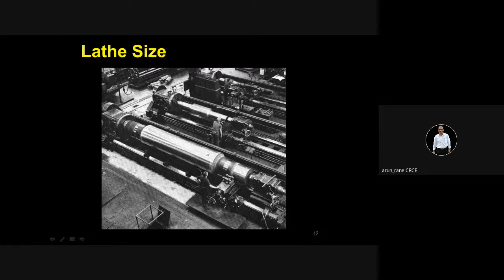So extreme care is taken so that there are no dents, no scratches on the roll. Because if you have any dents or scratches, they will be transferred to the cloth which is passing between these two rolls, or the newspaper which is passing, and the entire newspaper will get torn. Similarly, cloth will also get torn if there is a slight dent.